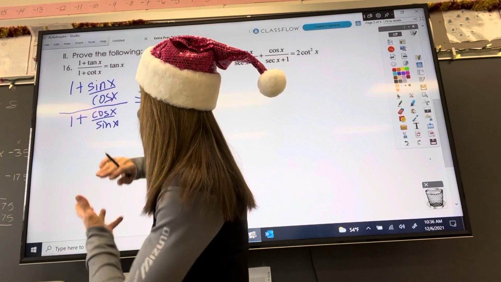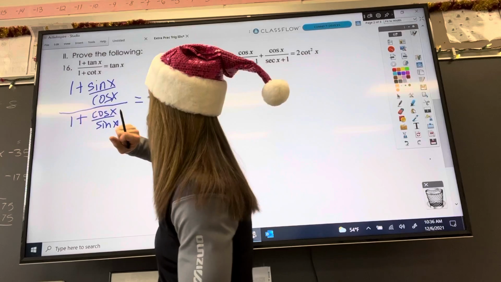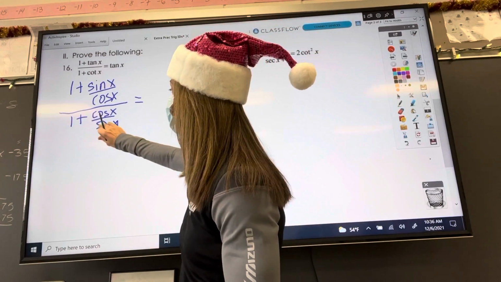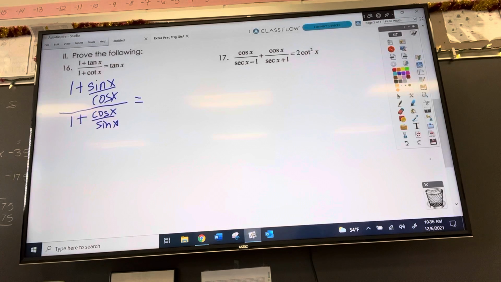That way we will get rid of the denominator in the fraction in the numerator, and we will also get rid of the fraction denominator in the denominator. So if I do that, just to save space, this 1 will become sine cosine, multiplying by special, you know what? I'm gonna write it out. I'll write it to the left over here. I'm multiplying by,